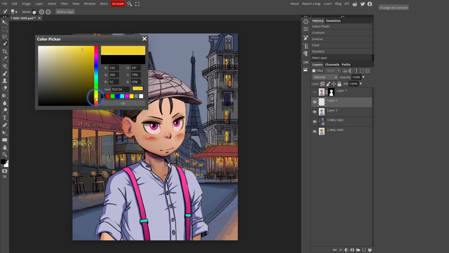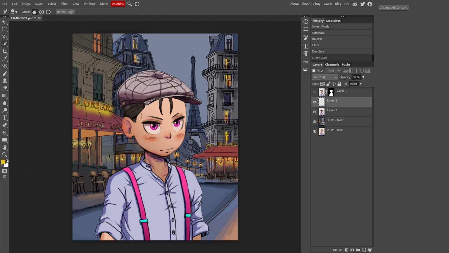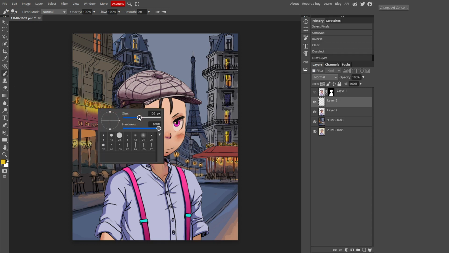Okay, so a yellow, but not too much green like that. I'm gonna pick something like this. You could choose and make your own test to grab what you want. I'm gonna say OK, then click on my B key on the keyboard in order to grab the brush, and now I'm gonna